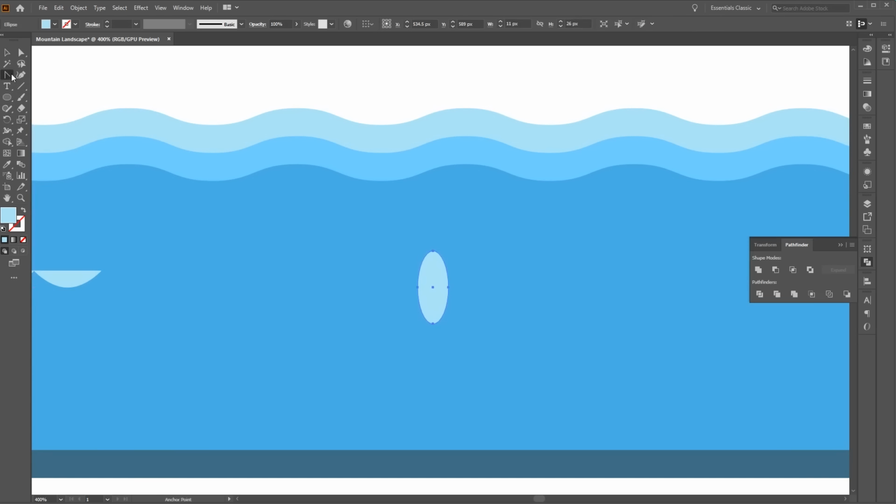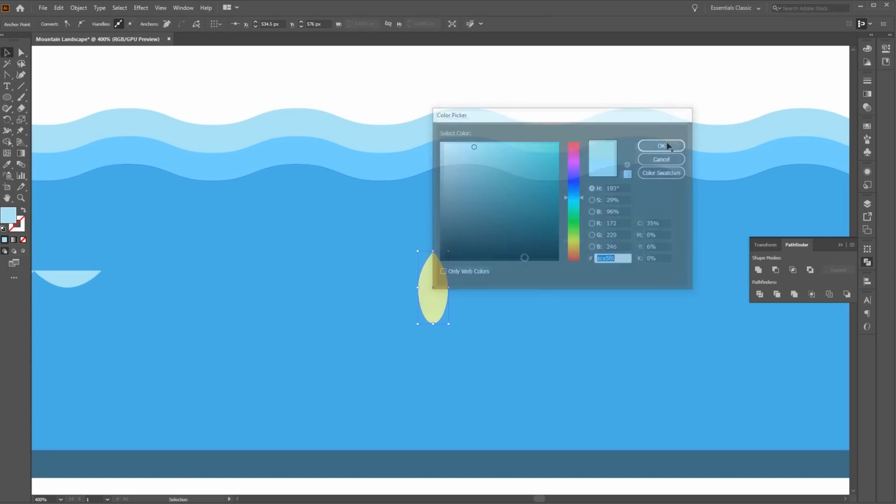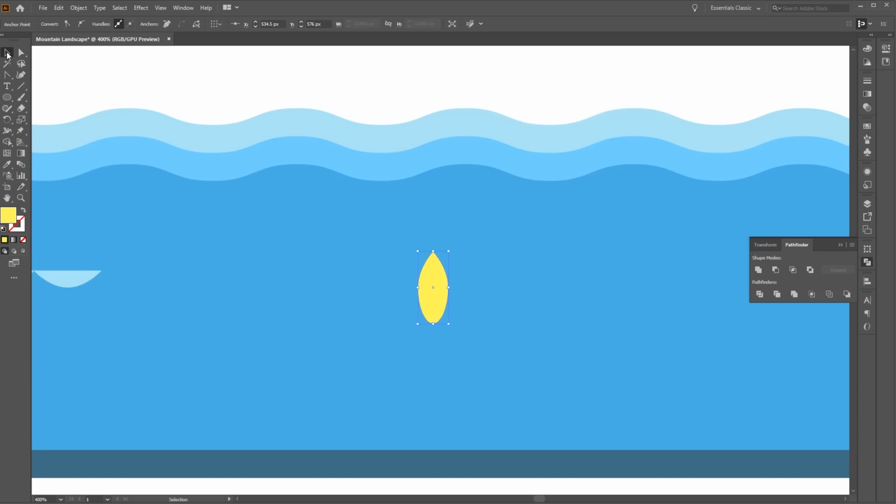And then we're just going to use the anchor point tool to click on the top anchor point here to create that sharp point. And let's go ahead and change the color just to make it yellow. And then using the selection tool, we're going to duplicate this. So Control C, Control Shift V, and then just rotate this slightly like so. And then we're going to do the same again and then rotate it slightly again, just to make that sort